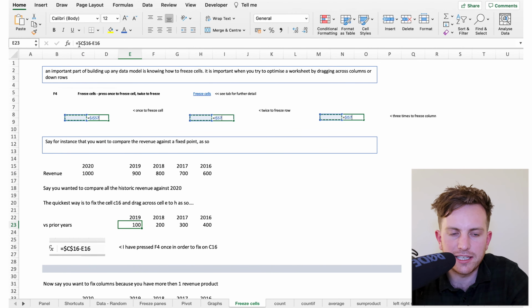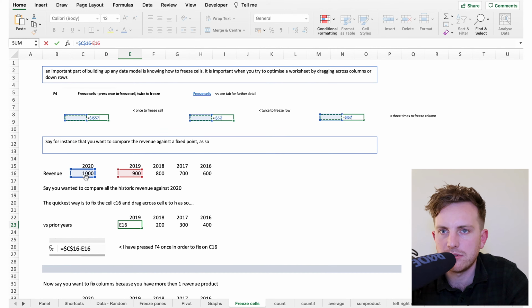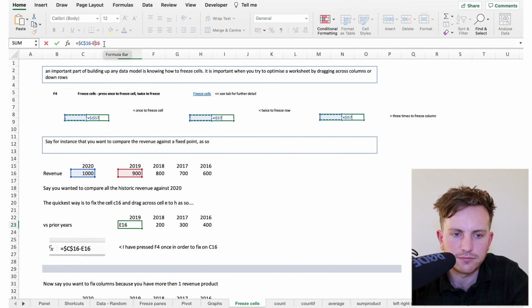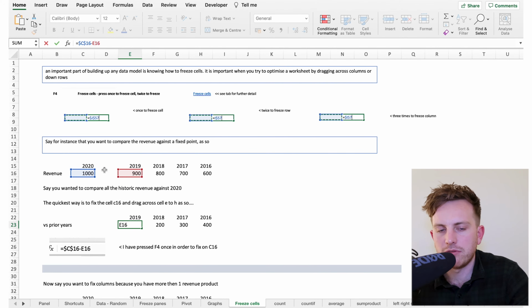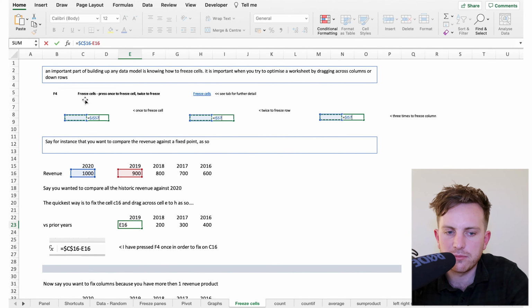So I want to do it in one clean formula. The way you do that is clicking here. You can see here I've frozen C16. C16 contains 1,000 2020 revenue. And E16 contains 2019. Now, I don't want to freeze E16 because as I drag through the formula, I want just the £1,000 to be frozen. So you go on to cell C16, and you can see what I've said here is when you click F4 once, it freezes both the